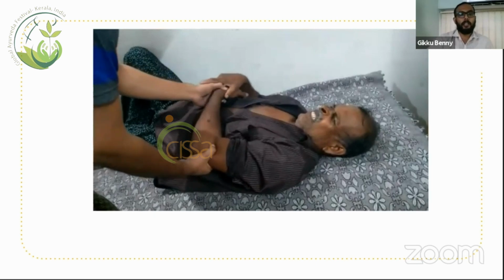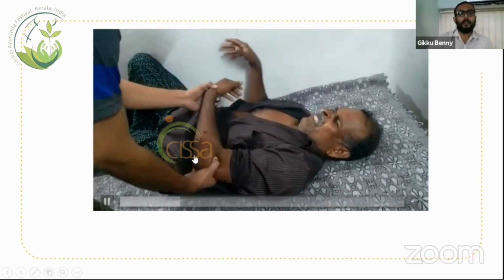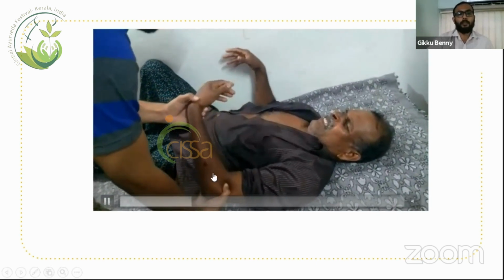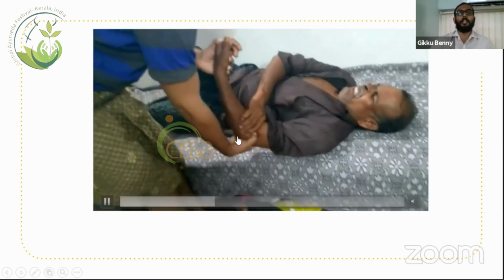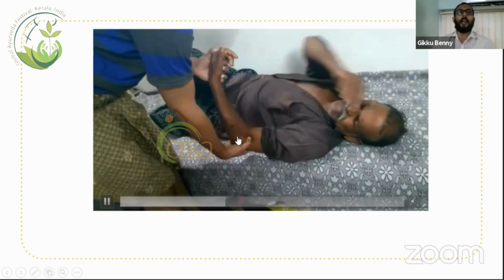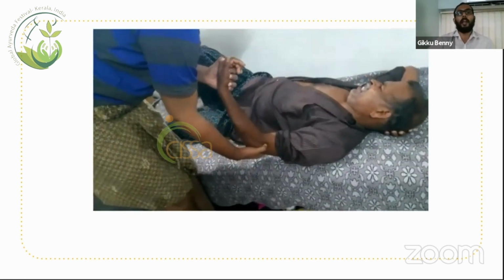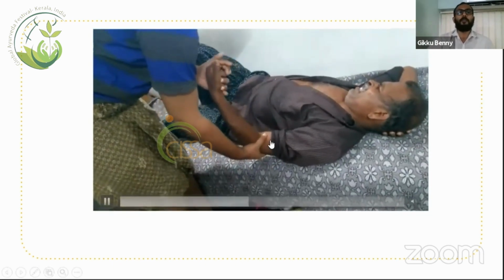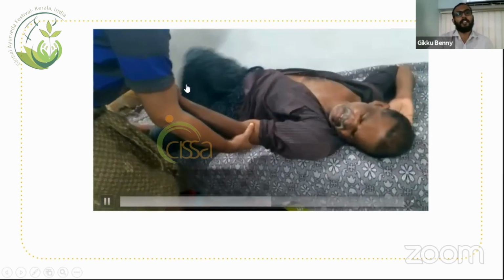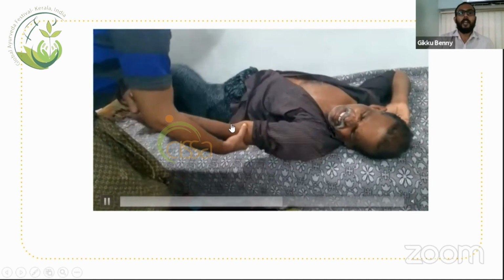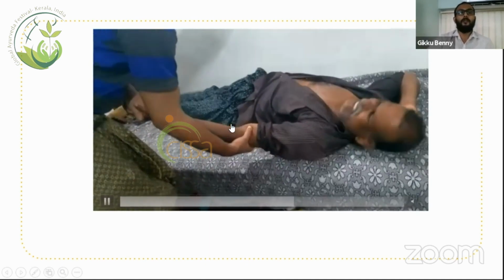And here we can see the olecranon process is displaced. This particular injury occurred to the left hand, so we use the right hand to support, because this displacement is posterior and posterolateral. So we are using the right hand to support it posteriorly and posterolaterally, and then along with the left hand we are giving a slight traction along with the extension.